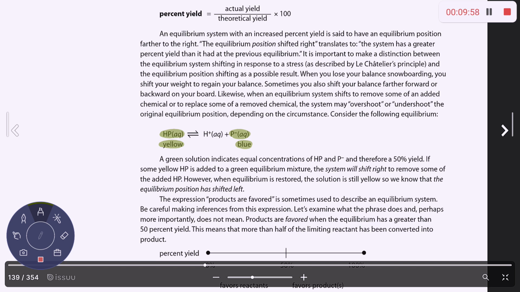So if the solution was green, doesn't that mean that you would have equal concentrations of HP and P-1? That means we would have a 50% yield. Does that make sense? At equilibrium, that would be our equilibrium position. And then if they say to you the products are favored,